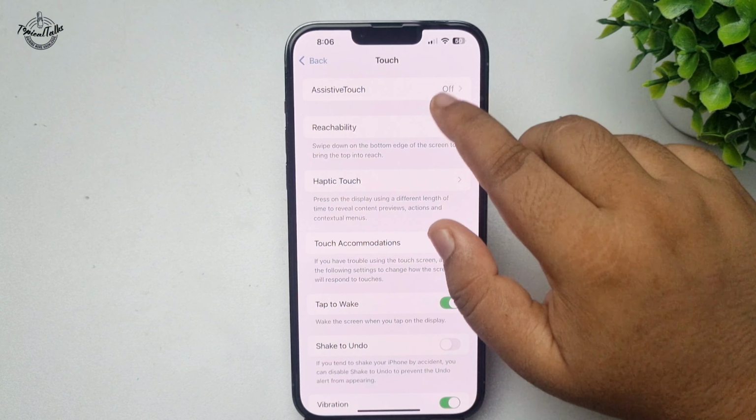And now let's tap on this assistive icon, and here we can see in single tap I've directly jumped into my iPhone home screen. So that's how you can actually add